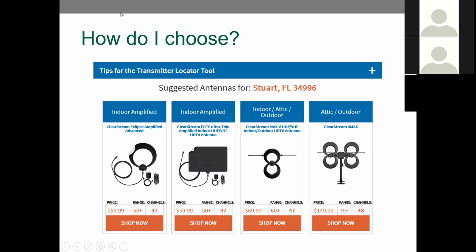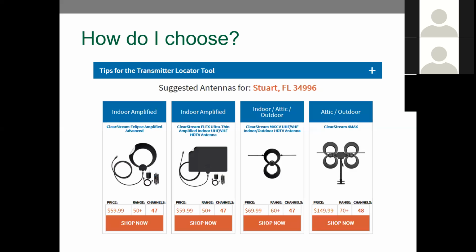So how do you choose an antenna? Well, it's been quite a while since I don't personally use them. So if I were to try to figure out which antenna is right for me, there is a great resource called antennasdirect.com. What that does is you go there, you punch in your zip code, and it'll give you this nice breakdown. It'll give you a price range of antennas, indoor, outdoor, or attic, or both. And it'll let you know how many channels you can expect to get in your area using these antennas.